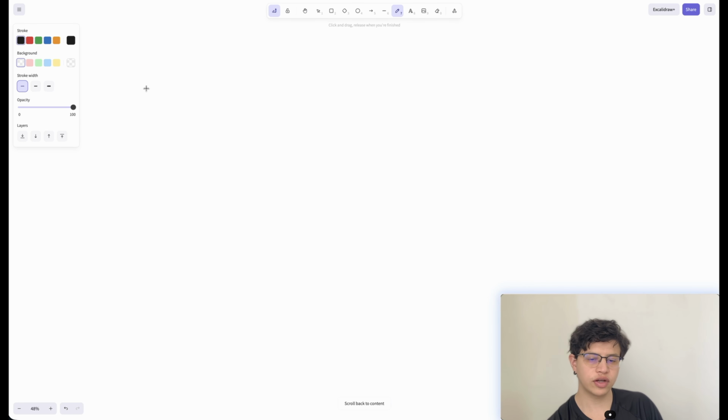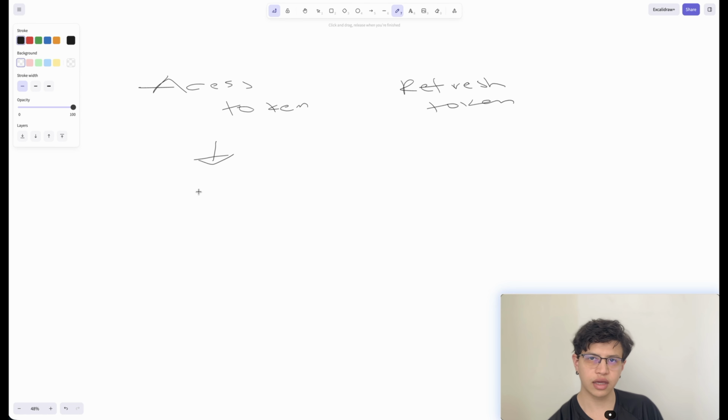All right, so what is the difference between the access token and the refresh token? Basically, the access token is temporary. You can use this token, it depends on the API. Some have this token valid for some hours, some days, and there are some APIs that also have this for weeks. But usually it's 24 hours, one complete day, or 12 hours, right? And then the refresh token, this token usually lasts 1 year